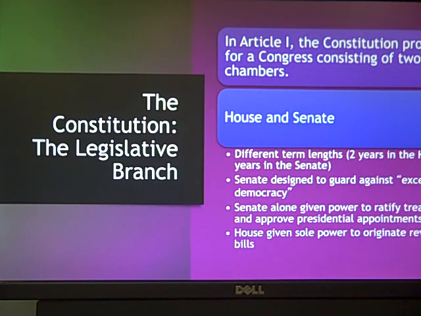Okay? But the Senate actually is supposed to be very different than the House. The House is supposed to be the people. We elect them every 2 years, get them in, get them out, move on in life. The Senate, on the other hand, stays for 6 years. They're supposed to actually sort of stop the House from doing stuff, right? Because people be doing dumb stuff.